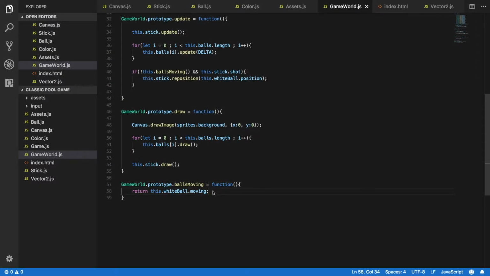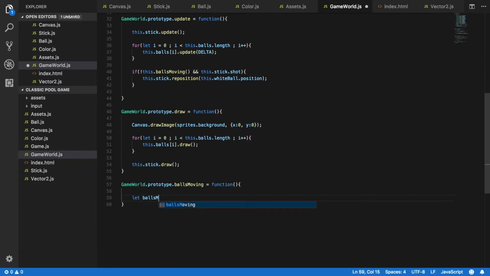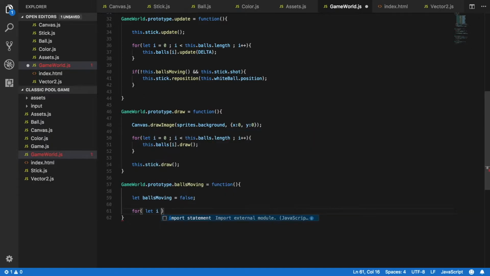Okay, so there's something that I need to fix before we move on. Now that we have more ball objects, it's not enough to check only if the white ball is moving in the balls moving method. We want to loop over the array and see if any of the ball objects is moving. So I will set a new boolean, balls moving, to be false, and let's loop over the array